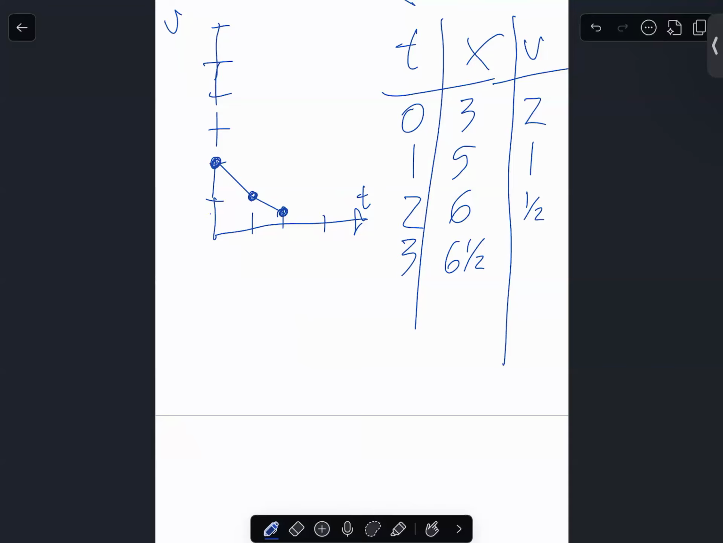My V changes from 2 to 1. That is a change of -1. From 1 to 1/2, my acceleration is -1/2. What do I have to add to my initial to get to my final? Negative numbers. Good. So you can construct velocity given position and time, and you can reason about the sign of